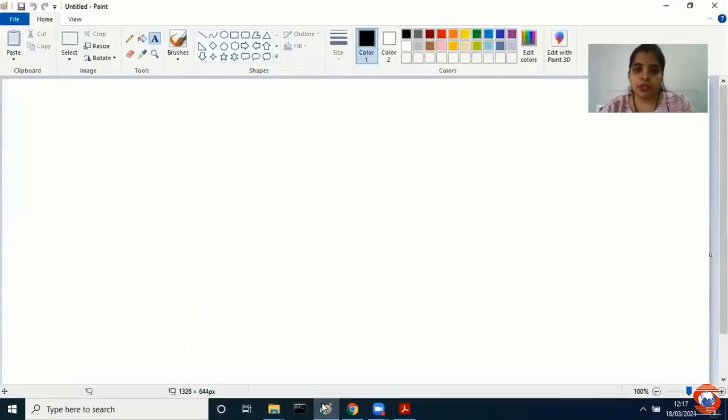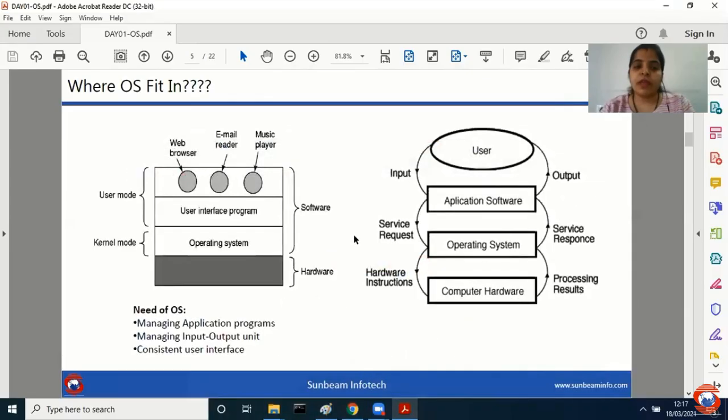When I go to Paint or when I go to my Chrome browser, or when I say I am working with some calculator application, so I am working with the user interface. Until and unless I enter some data, for example 25 plus 10, I will not be able to communicate and get the result out of it. So that is called as GUI kind of application, graphical user interface, that is calculator I see here. Here I see command prompt, that is called as command user interface. So you can have a GUI kind of application or you can have a CUI kind of applications, those are basically called as user interfaces, and how I'm able to manage it is by using consistent user interface.